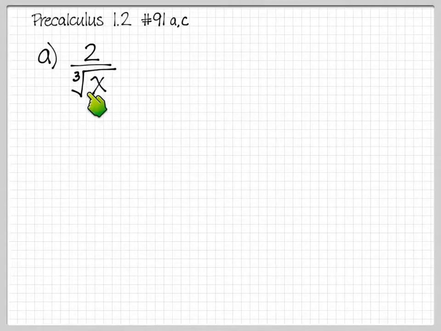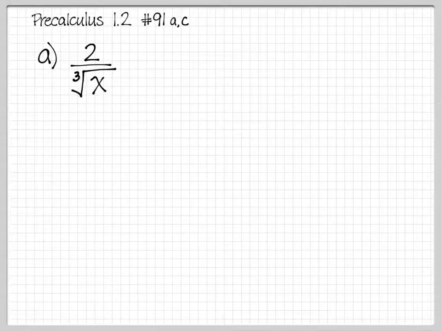Currently, our radicand is just x to the first. And to have this rationalized, to have no radical here, I need the radicands to be powers of 3. So it could be a power of 3, or a power of 6, or a power of 9, power of 12. Any of those multiples of 3 powers in the radicand, then I will be able to clear it out